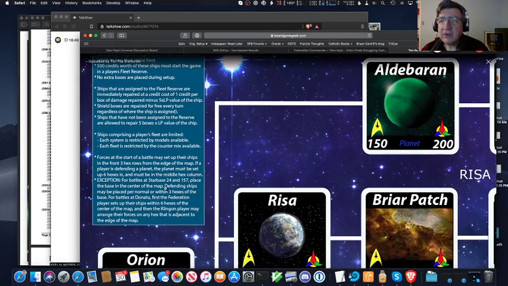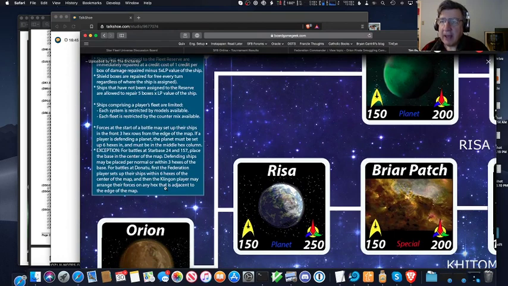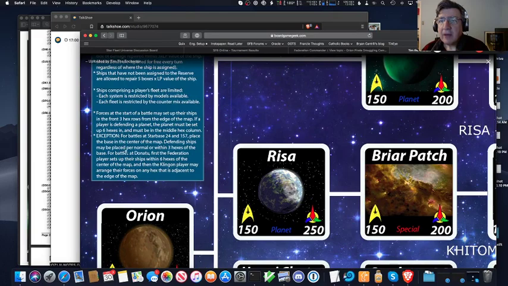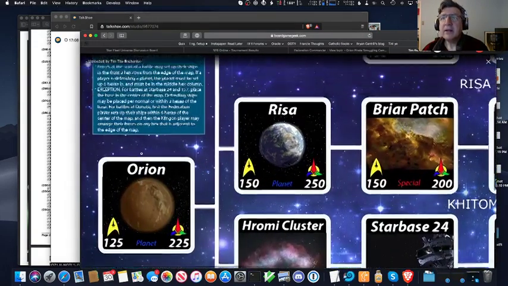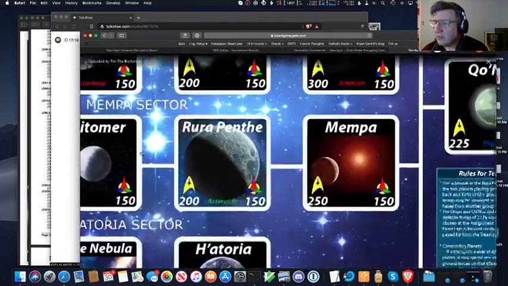Players' fleets are limited. First, to start the battle, they set up their ships in the front 3 hexes from the edge of the map. If a player is defending a planet, they set up 6 hexes in, with an exception for battles of Starbase 24 and one. For battles at, where is it? This one, Dianante, the first Federation player sets up his ships within 6 hexes of the center of the map, and then the Klingon may arrange their forces. It looks like